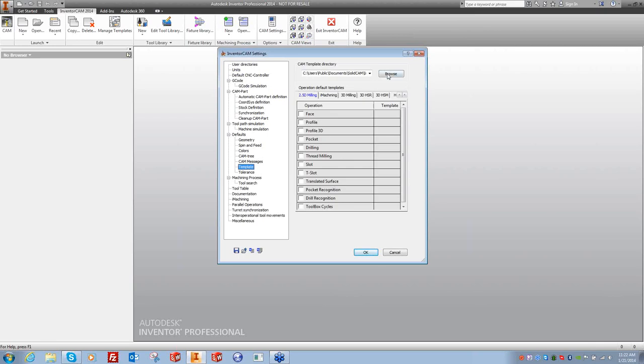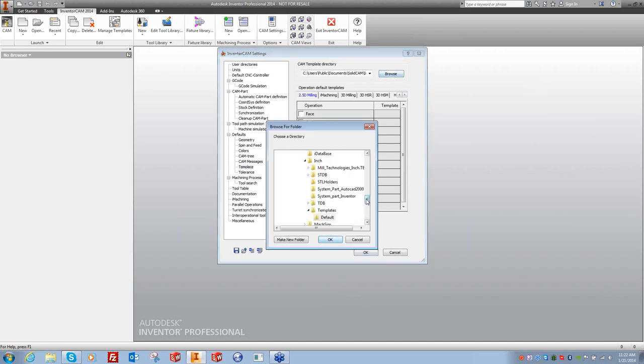Templates. Again, I want to browse to my tables inch template defaults, and then we'll come back and discuss this. So,